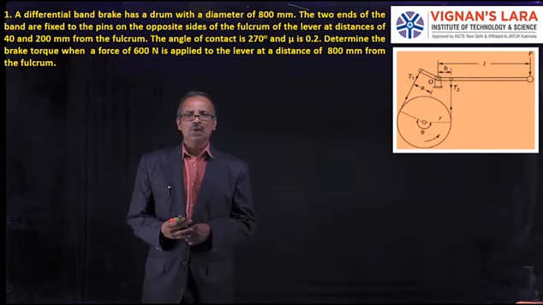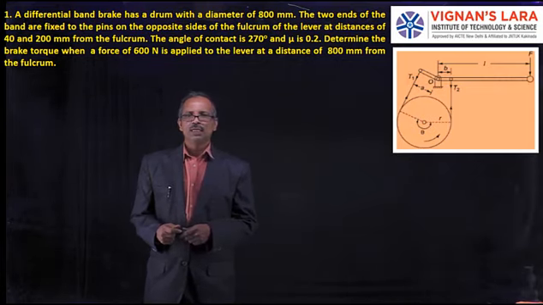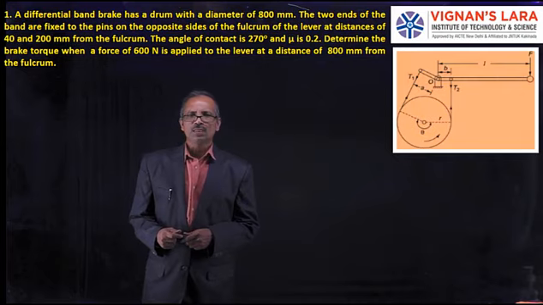The angle of contact is 270 degrees and the coefficient of friction is 0.2. Determine the brake torque when a force of 600 Newton is applied to the lever at a distance of 800